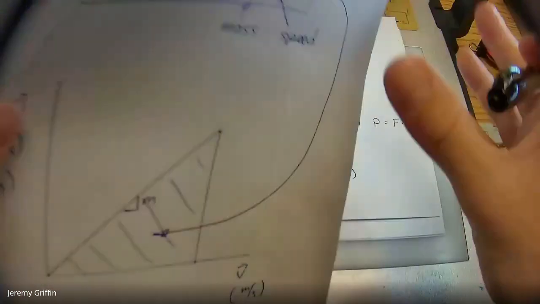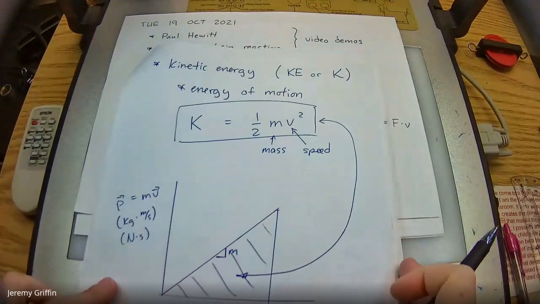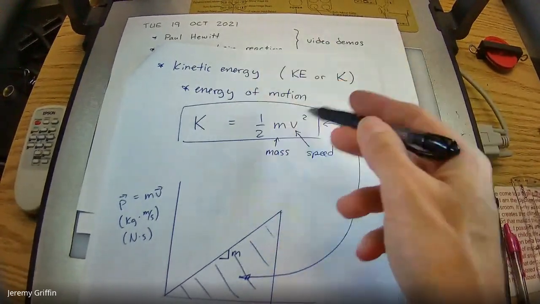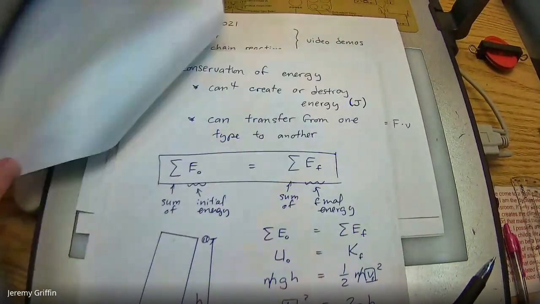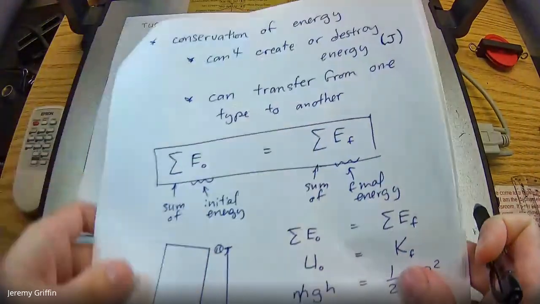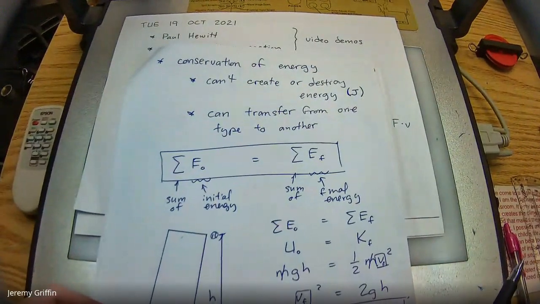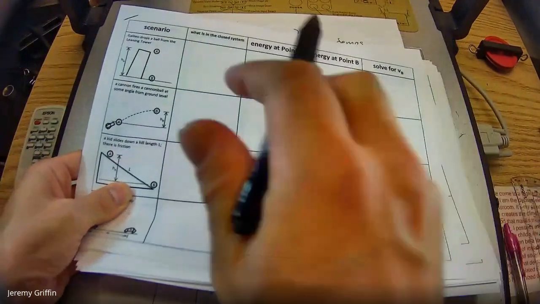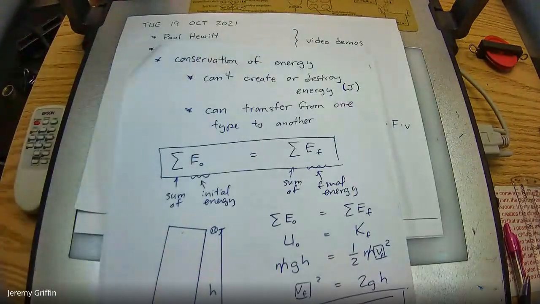I also told you guys kinetic energy is 1/2 mv squared. That's the energy associated with motion. Like that pendulum swinging back and forth had all this kind of energy at the bottom, all kinetic energy. And then we did do one conservation of energy example, which is actually the very first example, so you guys get to see this again.